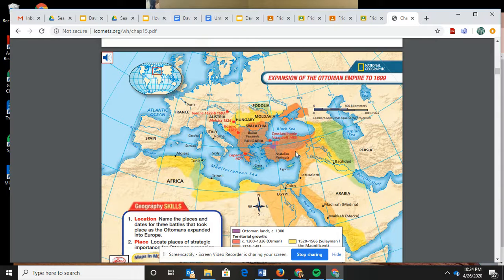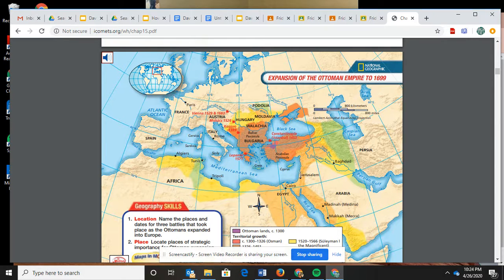This is great information from Unit 3. They get all the way up into Austria, close to Vienna, in 1529 and 1683. This set off alarm bells in Europe, because they were Muslim. The Ottomans are Sunni Muslims, and they are infiltrating all the way up to Central Europe, right smack in the heart of Europe. Now, this is 1453, as I keep saying, to give you context of what's going on in the world.